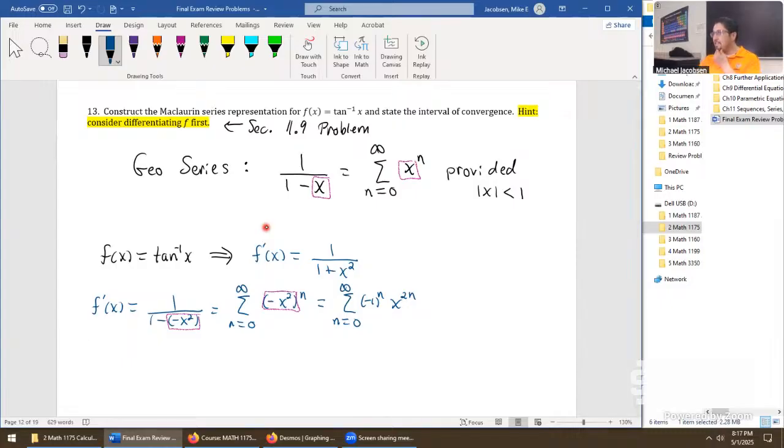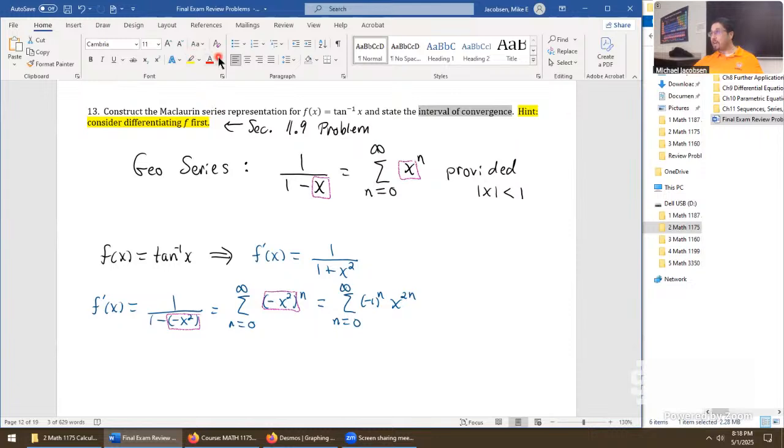Actually, hang on, that's not necessarily true. These instructions are a little bit tough. If I'm going to use this, it's giving me a radius of convergence. But when I go to integrate, the radius won't change, but the interval might. I think a better version of this problem, let me rewrite it, would look like this.